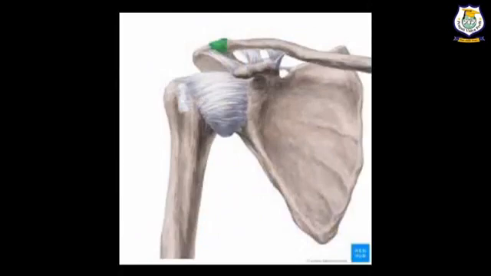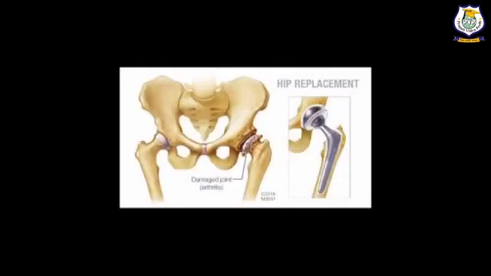See the diagram of girdles. The bony structures to which limb bones are attached are called girdles. Girdles are of 2 types, pectoral girdles and pelvic girdles. Pectoral girdle is also known as shoulder girdle. Pelvic girdle is also known as hip girdle. The forelimbs or arms are attached to the pectoral girdles. The hind limbs or legs are attached to the pelvic girdle. Each pectoral girdle consists of a shoulder blade and a collar bone. The kidney and the urinary bladder are protected by the pelvic girdles.